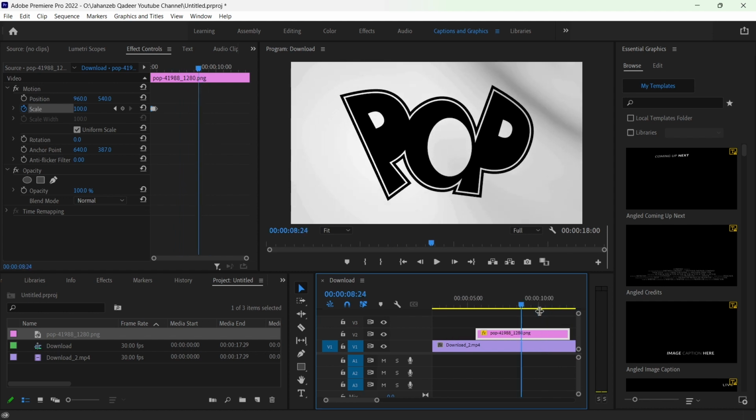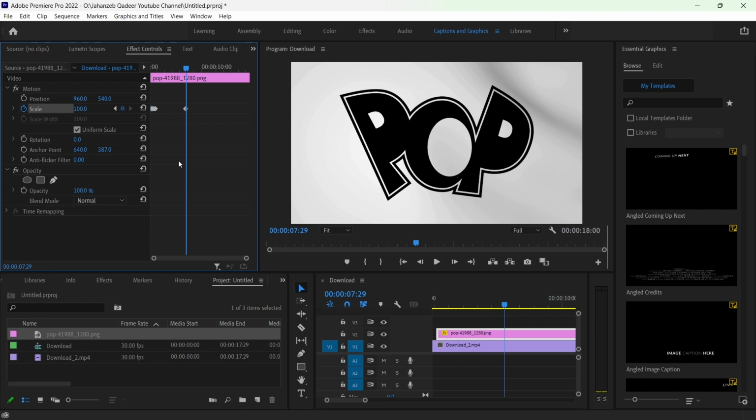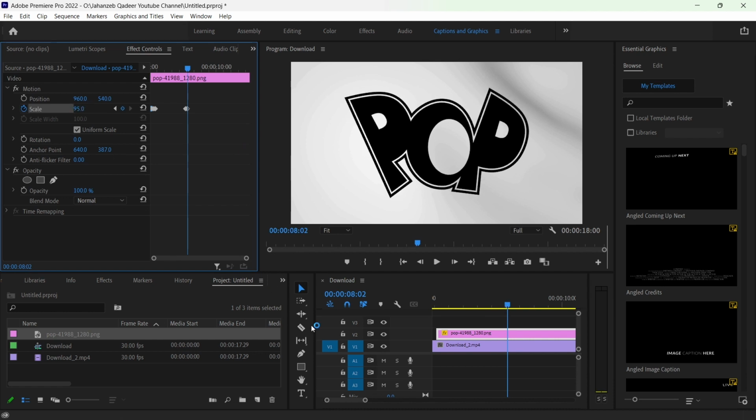so you simply need to select where you want to add. Okay, so I want to add here. Then you need to click on this keyframe. Once you add it then you need to add 3 frames here. Okay, and change that value to 95. Okay, then you need to add 3 frames more and change that value to 120,